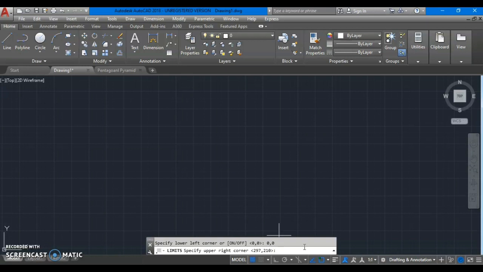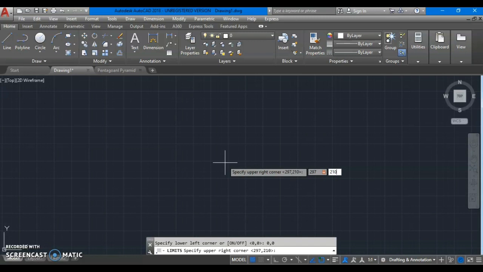Then it is asking for upper right corner, and I'll be specifying my upper right corner as 297, 210. These dimensions are nothing but the dimensions for A4 paper size.